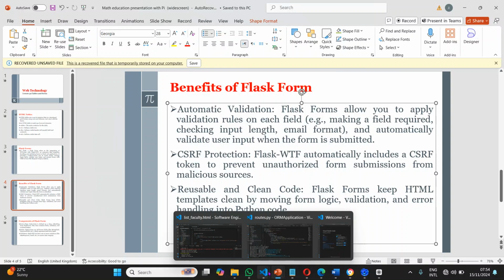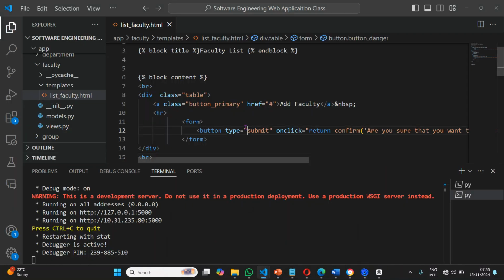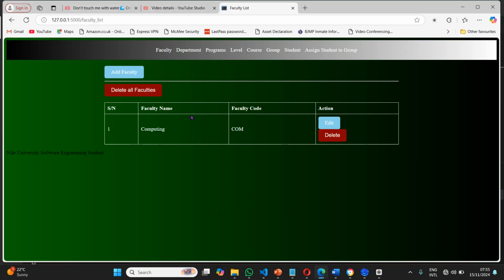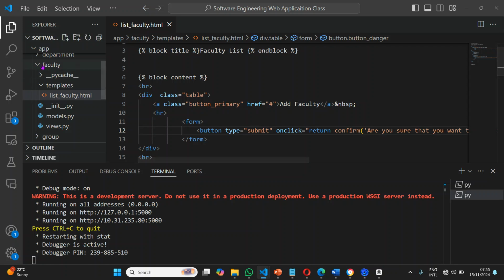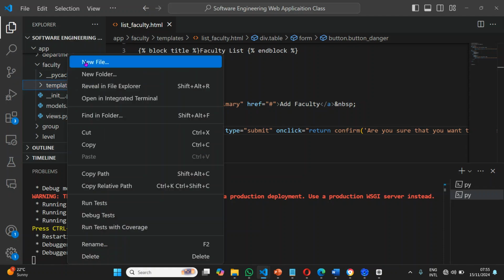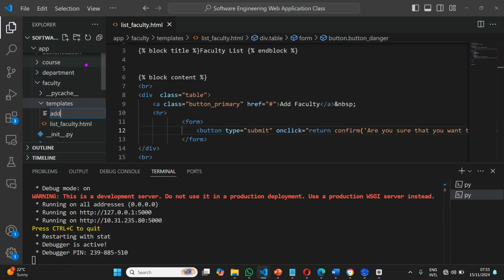So now let's go to the software which I've created. So this is the list faculty.html, right? Which is this one here. If you don't know how to do this, you can move to our lesson 4a. We did this in lesson 4a. So now what I'm going to do here is to go to, you can see here, this is the faculty folder, right? If I open it like this, you see the templates folder. So I will right click this templates folder, then click on this and I'll add